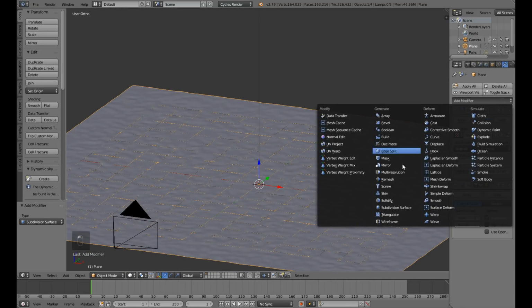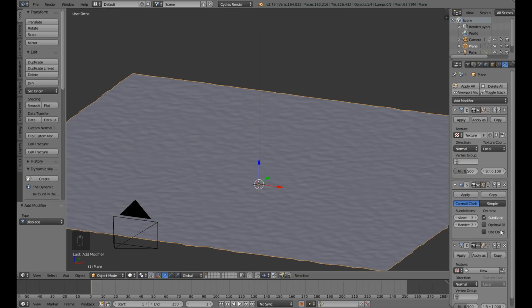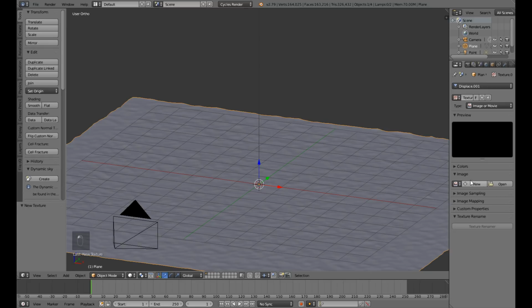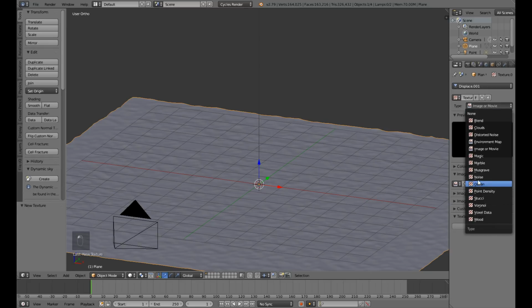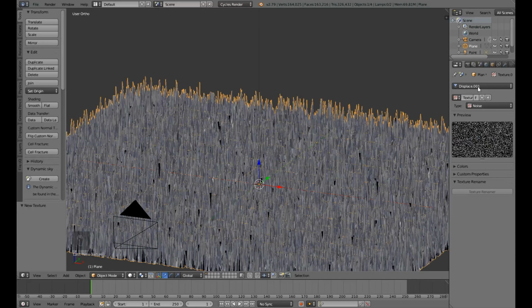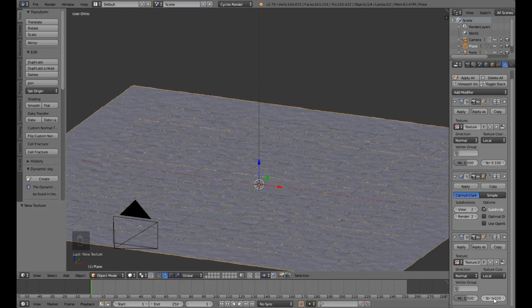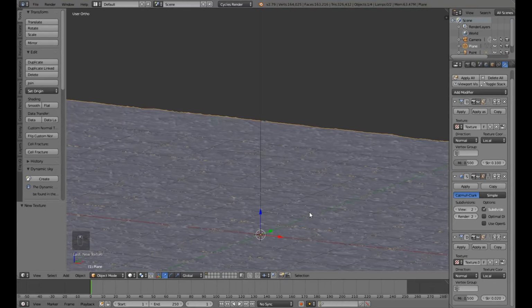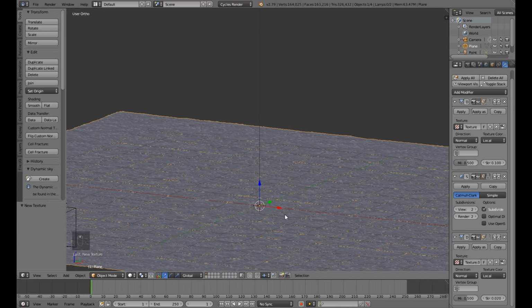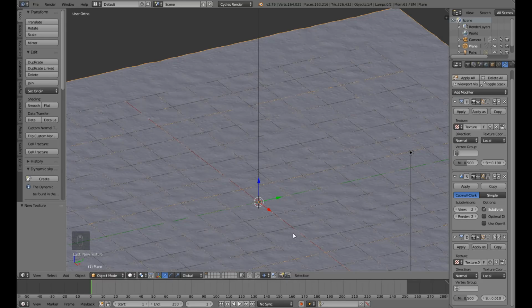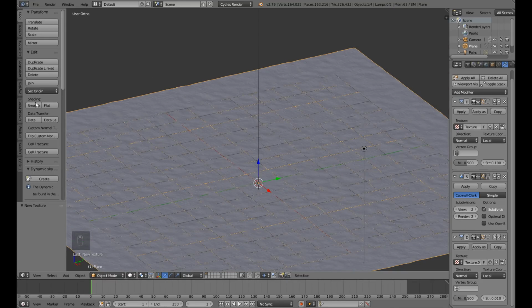Another modifier that we have to add is another displacement modifier, the third time, and this time we will be using noise texture as our texture. And again, returning back to our modifiers tab, we will be cranking the strength up to 0.02. So you can see that it has got a fine substance. Okay, it will be 0.01. Yeah, this is good. I'll be smoothing the shading,